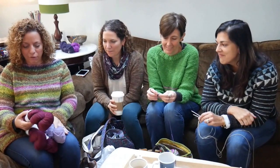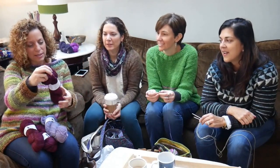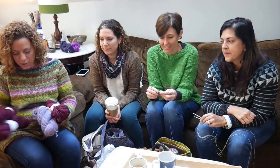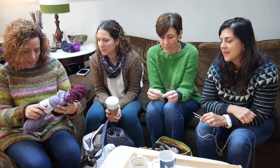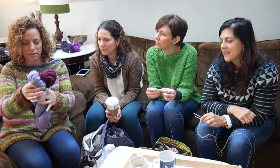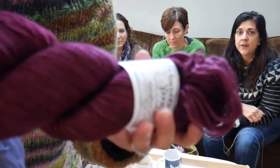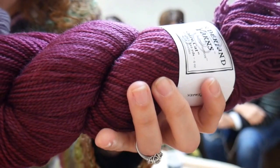So I went back for Wonderland Yarns. Tell us. This is Rose's Remark, and this is Cheshire Cat. I'm gonna have to get a little closer because you have to see it. And then I also got Eat Me, Drink Me, which is this other color, same thing, Cheshire Cat. Lavender, lilac. I love those two colors together, by the way. Do you have a plan what you're going to make? Oh yes, I am going to make